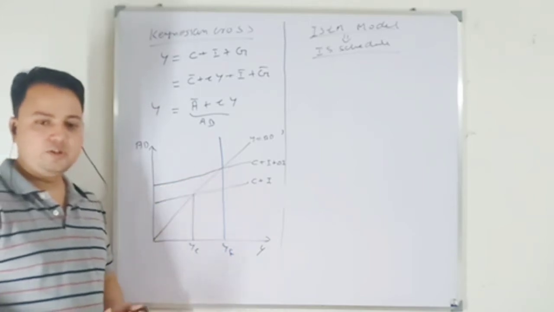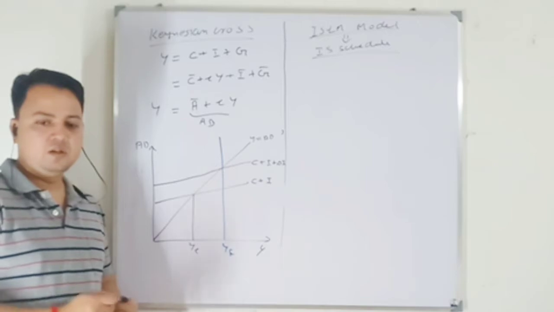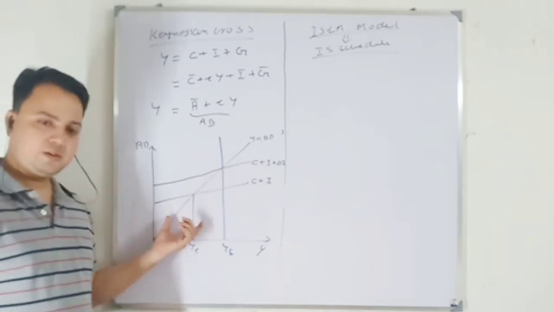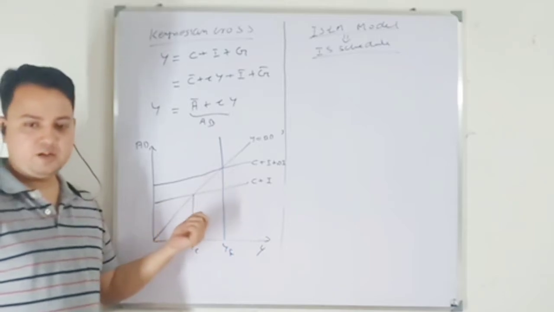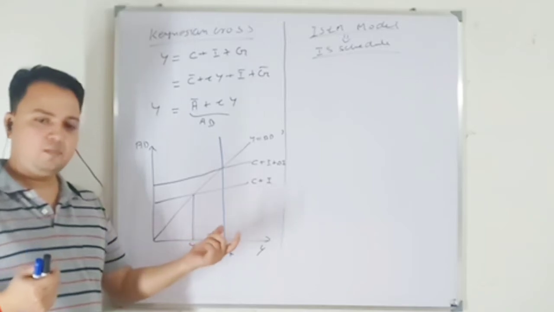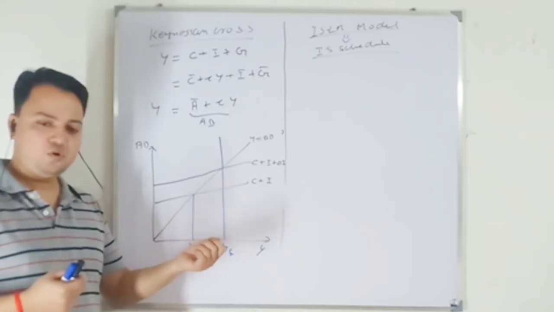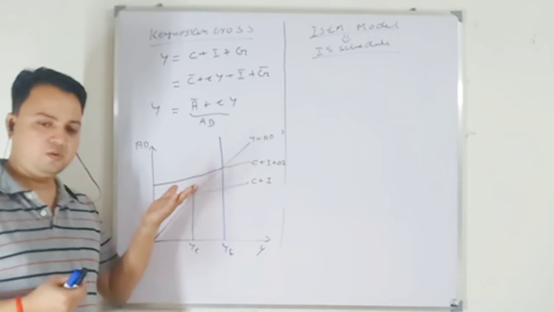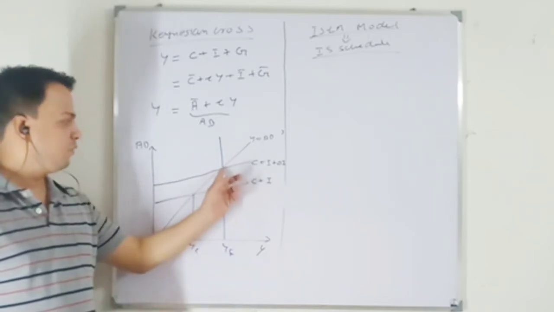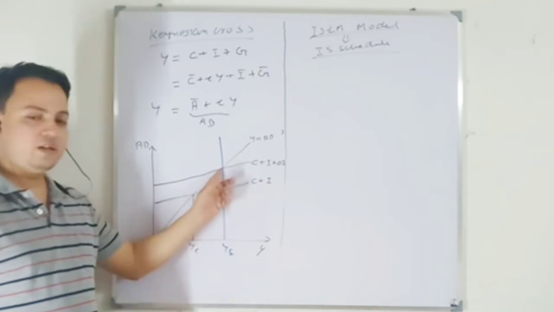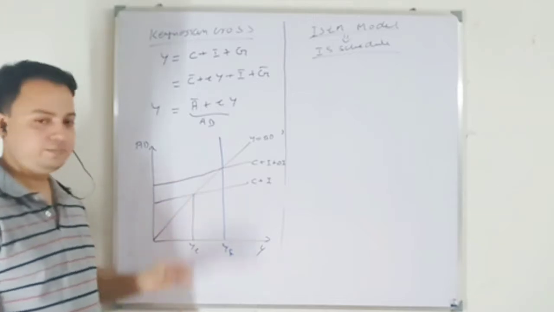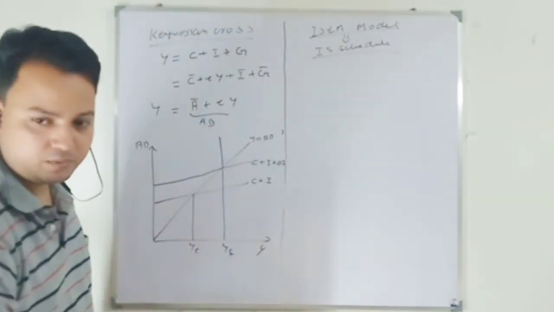During this process, what will happen to the price level? The price level will not increase. The reason being, firms have idle capacity. There is involuntary unemployment in the economy, so workers are willing to work at the going wage rate. Firms have idle capacity, so firms can produce more output without increasing the price level. What will happen to unemployment? Unemployment will reduce, and we will achieve full employment of the labor force when we increase the aggregate demand. This will be the explanation for the second part.